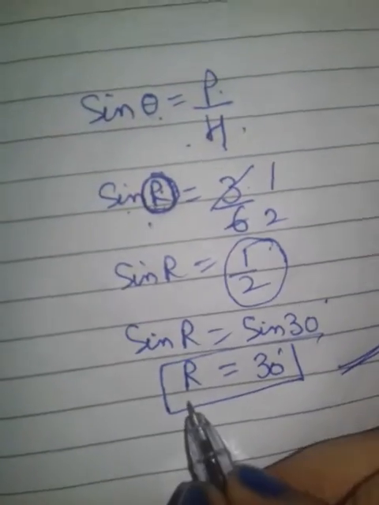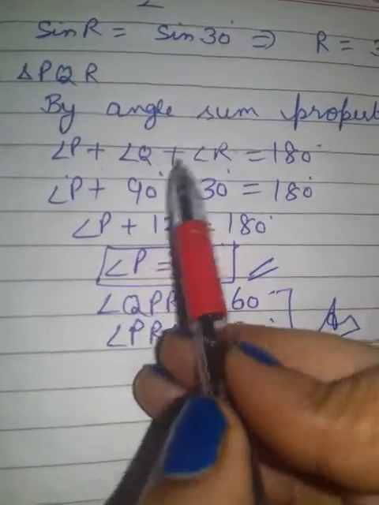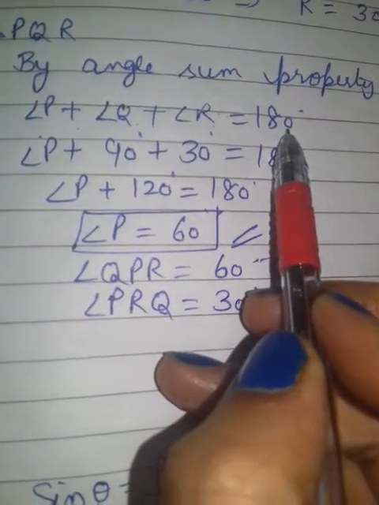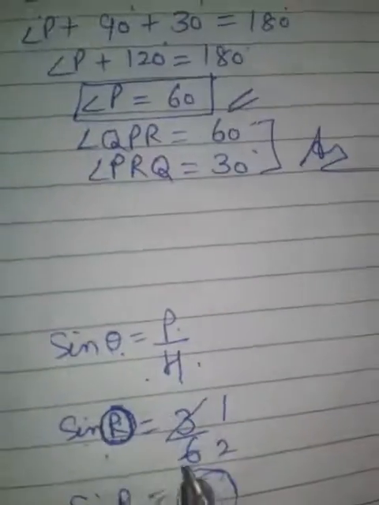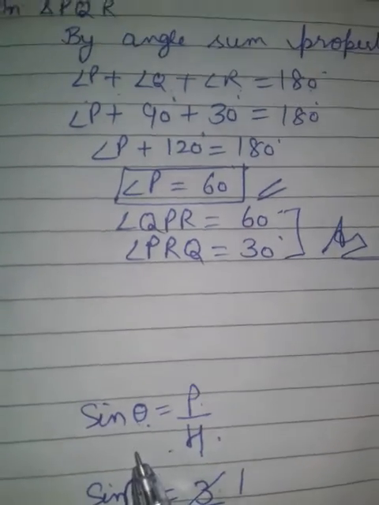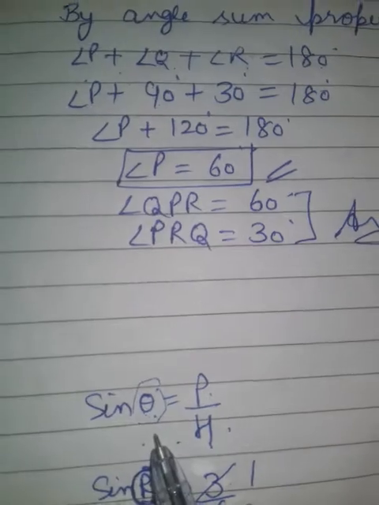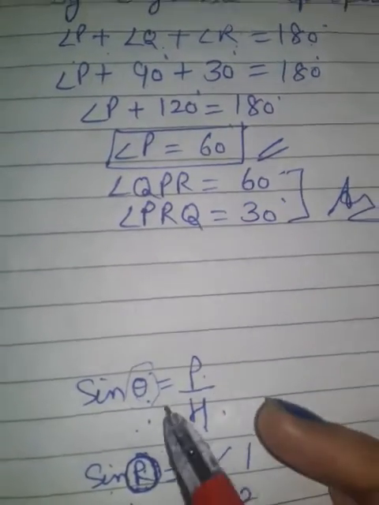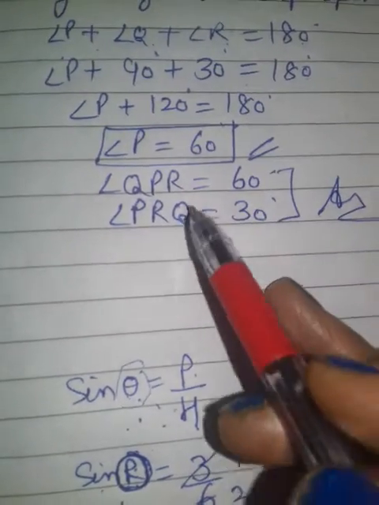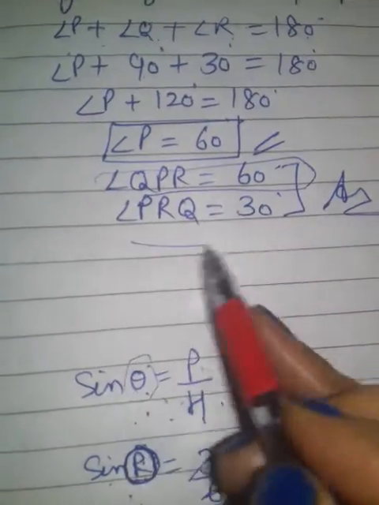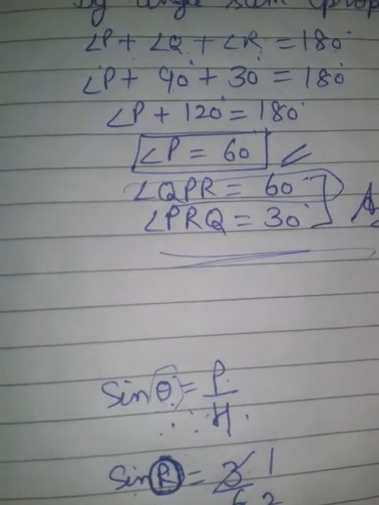Clear? Now you know in the angle sum property, angle P plus angle Q plus angle R is equal to 180. Angle Q is a right angle, that is given to you. R you already calculated by the measurement of the T ratio. Yes, you can find P also, perpendicular upon hypotenuse. With the help of any side, any angle you can calculate it. So after that I found P also. I hope you are getting it, it is easy, but remember the table also. It's my request to all of you.